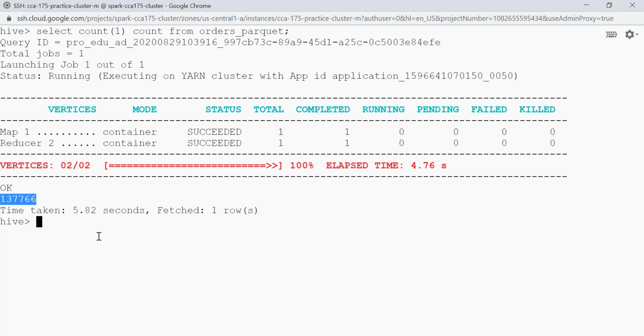So in this lecture we have learned how to create a table in Hive using save as table API. Then we have used the same API and we have created a partition table. Then we have created a table in Hive Metastore using create table command. And finally we have saved the data using 2 modes, append mode and overwrite mode.